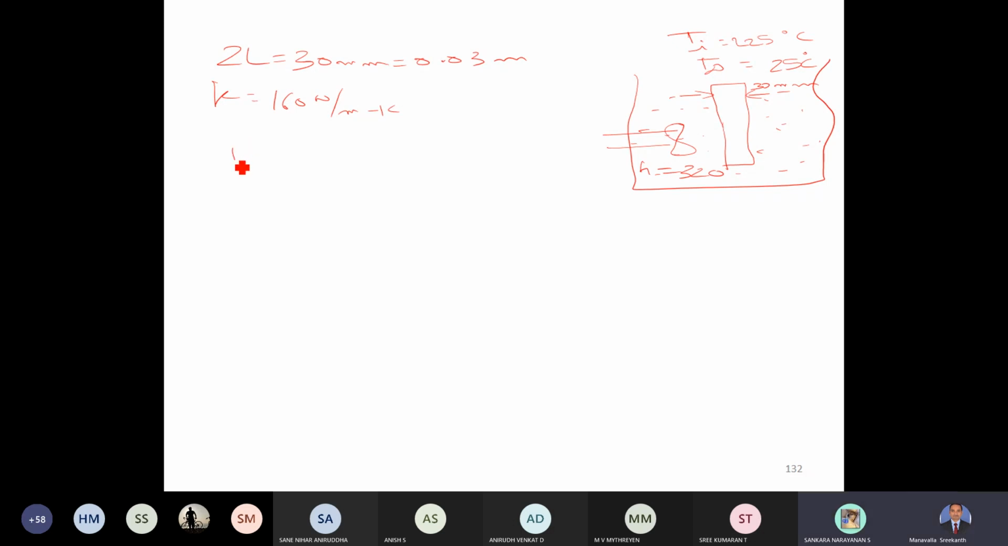So we will calculate the Biot number first. Biot number is H Lc by K. This is also written as H X by K, where X or Lc is the characteristic length. So for a slab, this thickness 2L,